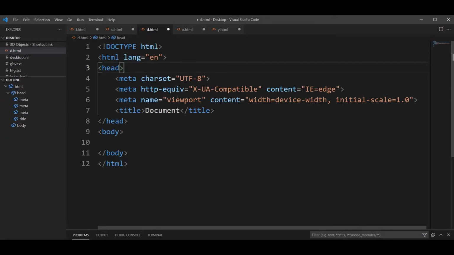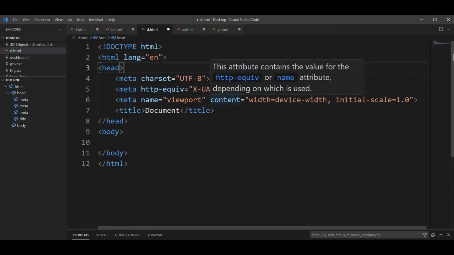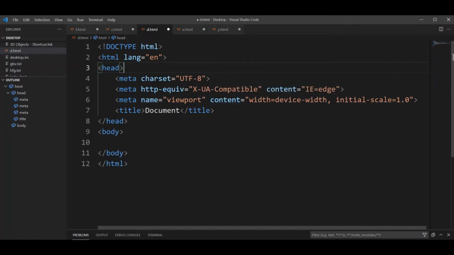Friends, now we will understand the meta tag, though not completely, because this is a broad topic. This topic is SEO, which stands for search engine optimization technology. It is used to help search engines with this process, as you can understand, friends.